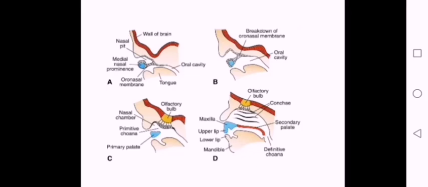During the 6th week of development, the oronasal membrane begins to disappear and breaks down. So a continuity develops between the nasal cavity and the oral cavity, and this continuity is the primordium of the choana. The choana is the opening which joins the nose to the